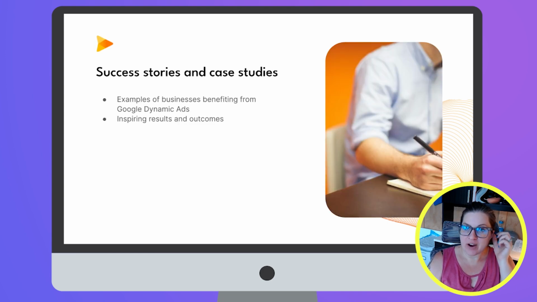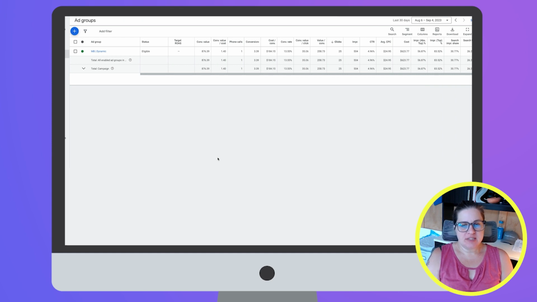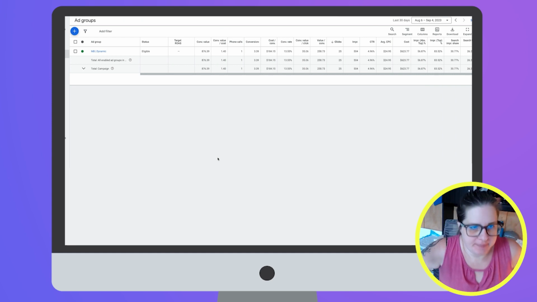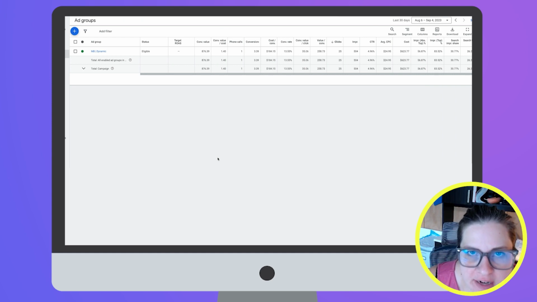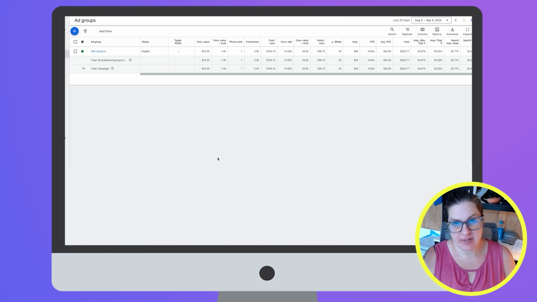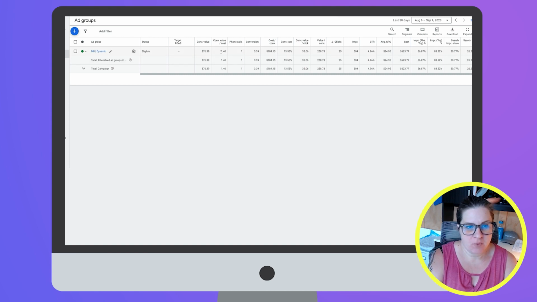Now, it does work very well. It can be very successful. So this is one dynamic campaign that I have for a roofer, and I use it to find other roofing terms that I can bid on. It's actually still a profitable campaign, not by much. It's got a 1.4 return, where some of our other campaigns are 6 and 7. But it still is profitable enough, and the click-through rate and all the metrics are still really good that